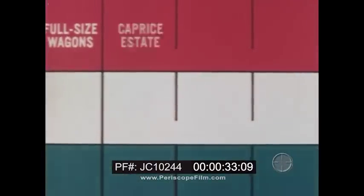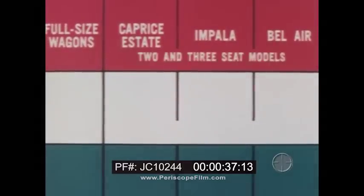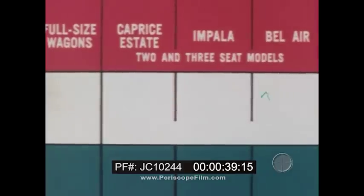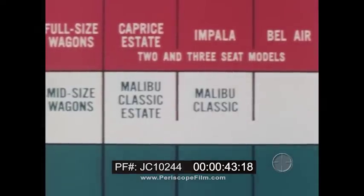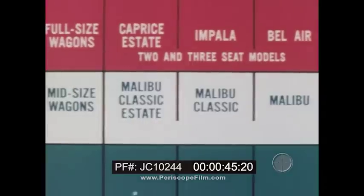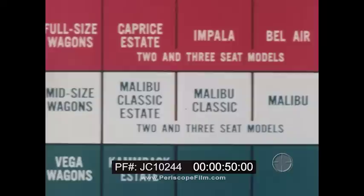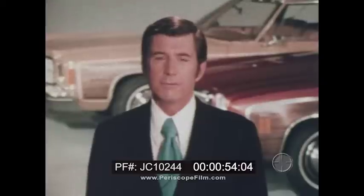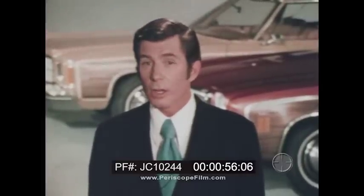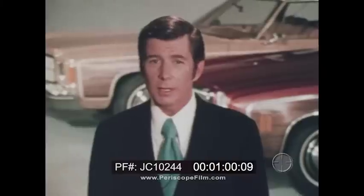Here's the lineup. Full-Size Wagons: Caprice Estate, Impala, and Bel-Air, both 2- and 3-seat models. Mid-Size Wagons: Malibu Classic Estate, Malibu Classic, and Malibu in both 2- and 3-seat models. In the Vega line, you can offer the Kammback Estate, Kammback GT, and Kammback. 15 models in total, covering all station wagon market segments, each with features and benefits to meet any wagon prospect's